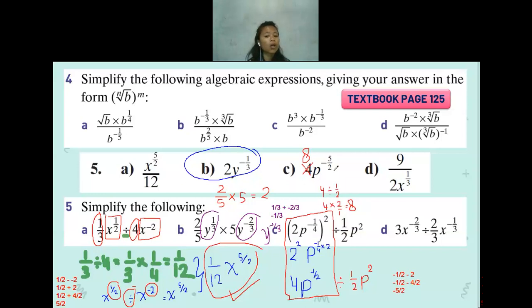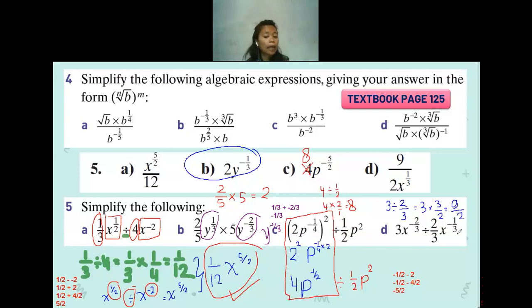Same thing, we have to simplify all the numbers first. So we simplify 3 divided by 2 per 3. It is a division, so we can make it into a multiplication by finding the reciprocal. Reciprocal of 2 per 3 will be 3 per 2. So now we multiply them. 3 times 3, it will be 9. The denominator will remain the same. So it will be 9 per 2.